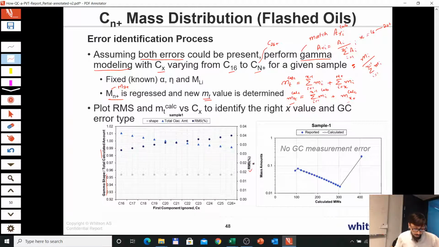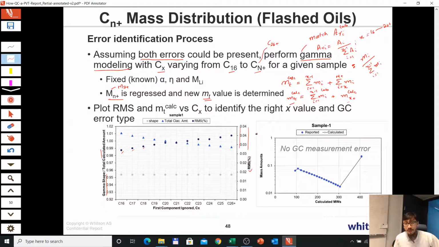Okay, and for this sample one, I did the exercise and I have plotted the data here. If you look at the plot, starting from C16 until C26 plus, if you only look at the RMS points, you see all the RMS values are close to 0. So every time you choose a new x value, you always get an almost perfect fit of the data,